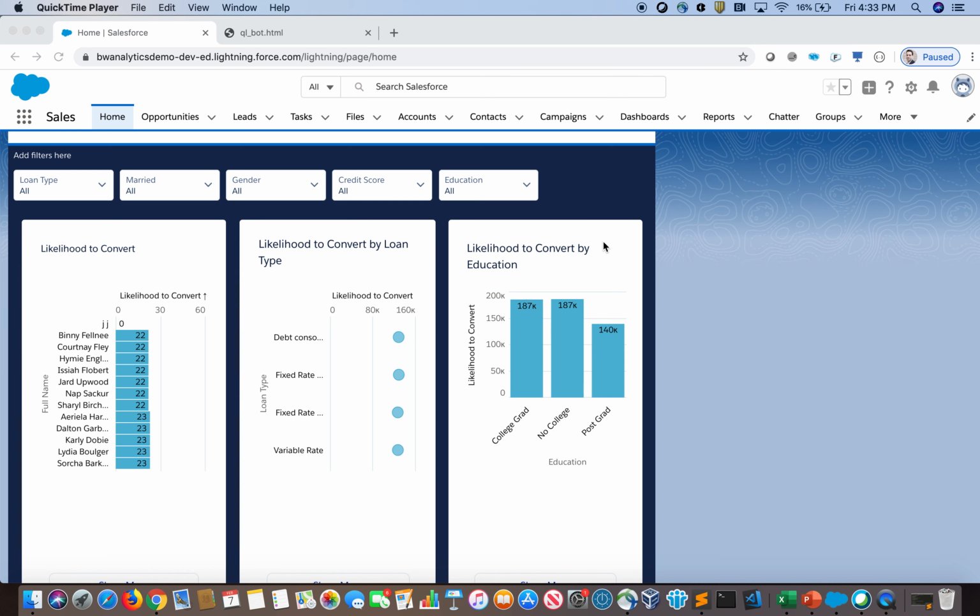This is Max Quinn, and today I'm going to be talking about a demo for lead management that features Einstein and Watson. So here we're logged into Salesforce inside a sales application, and on our home page we have information